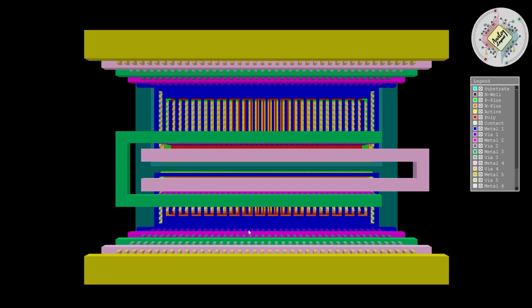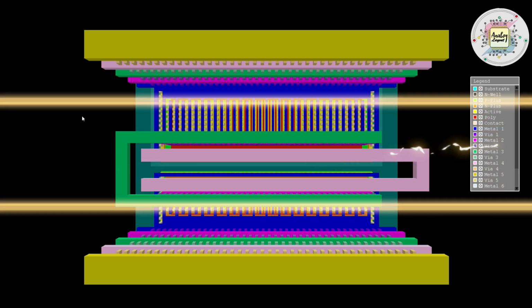Fine guys, so finally this is our top level view. In further videos I'm planning to upload different types of fabrication methods of different types of devices. Like we have deep N well device, and this is just like an inverter. Apart from the inverter, we have capacitor, inductor, and so many devices in our layout. My upcoming videos will contain all the individual devices' cross-sectional view as well as the 3D representation view. So stay connected with us.